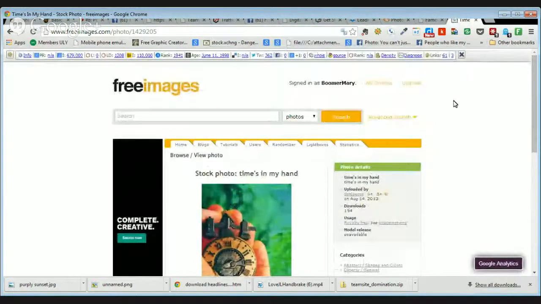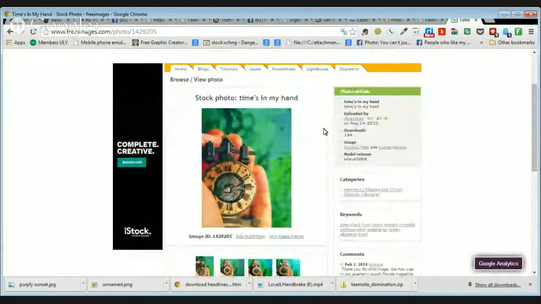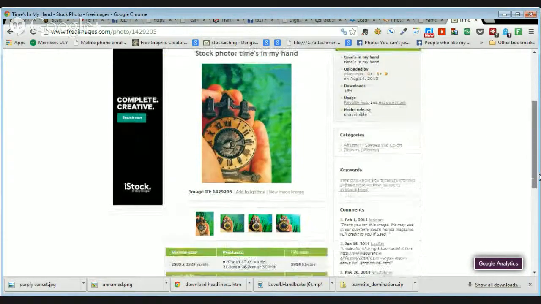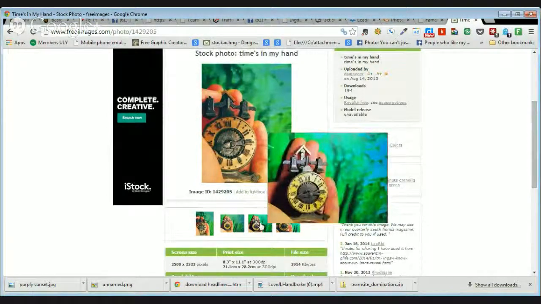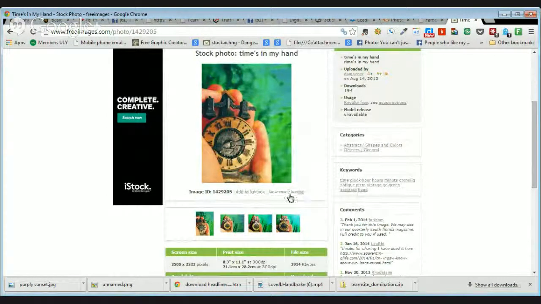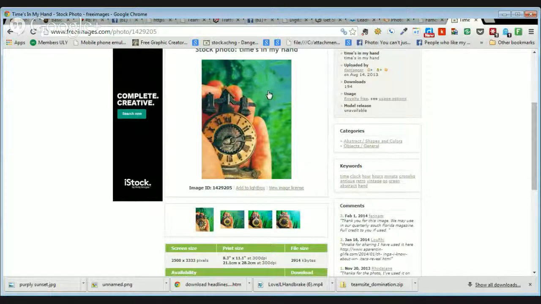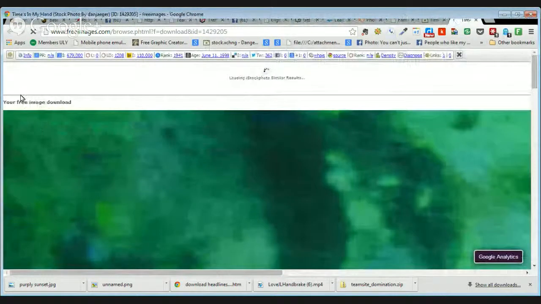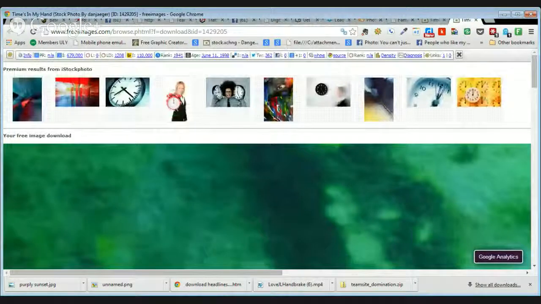Okay, so what I do is I bring it over here, and then, of course, to make sure that I have all the rights to it and to get a really big image, because it's great to work with big images. And do I have that as centered as I'd like? No, because it's got to go into a square. It's probably good. Okay. So let's say that I click on it and it tells me there's a free image download, so I can save that to my computer. Save image as, and maybe I'll save that in backgrounds,